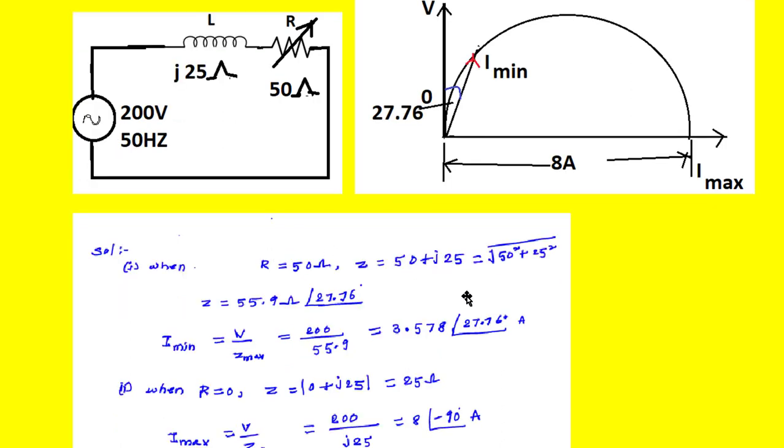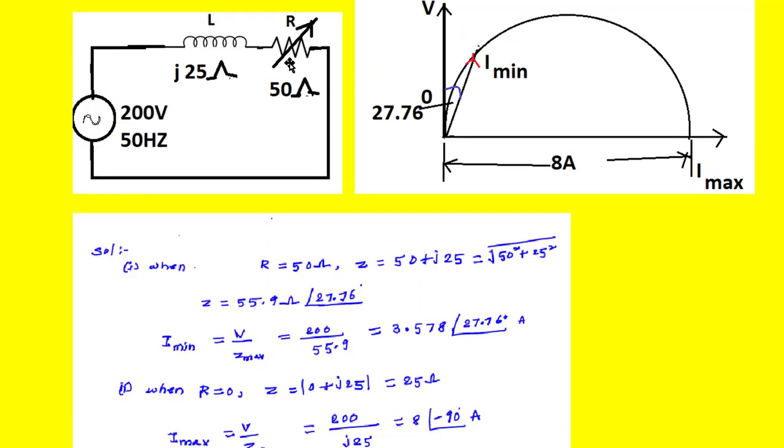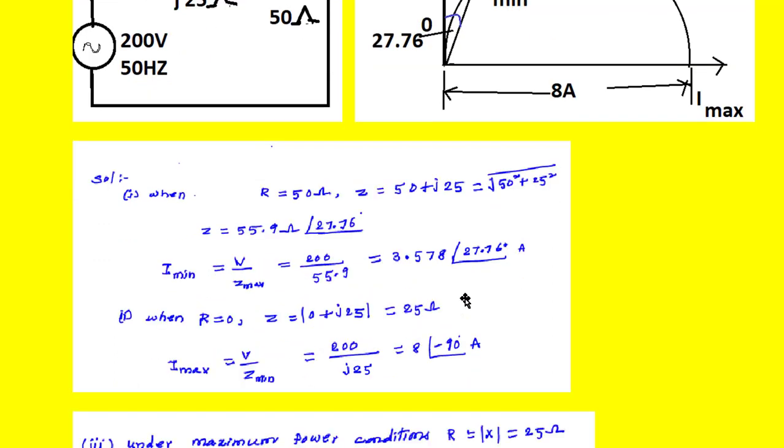So whenever we have the circuit like this, the first step which we have to do is first draw the vectors, voltage vector and current vector like this. This is the voltage vector and this is the current vector like this. Then make the variable element value equal to 0. So here variable element is resistor. Make it that R is equal to 0.